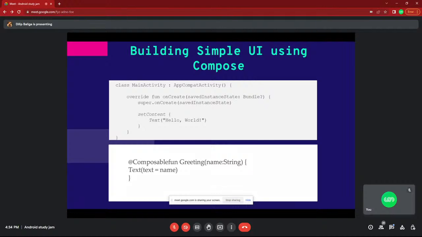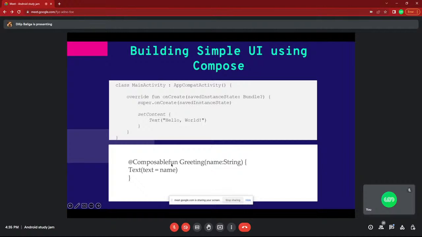Okay, next let's go by a simple example. Composable. This is a function, and the function should come on the next line. With @Composable, creating Compose is very easy. Just create a simple function, which you already know: fun Greeting(name: String).